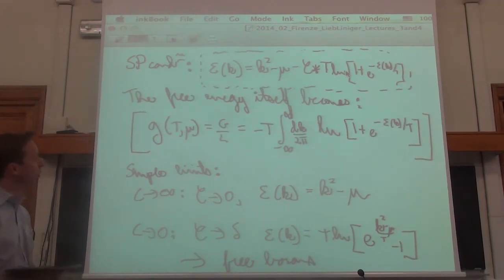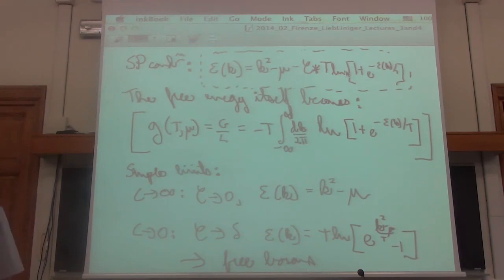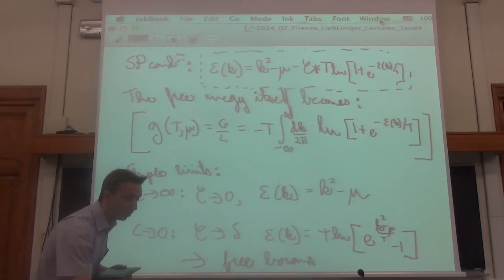So if you go to the low temperature limit, so you put T equal to 0, then of course the integral kernel on the right hand side is such that you only care about it if epsilon is less than 0. If epsilon is greater than 0, the whole thing just collapses to 0. So when we take the zero temperature limit of this equation here, what we obtain is an integral equation for the value of epsilon of k within the Fermi surface. Okay, so let's just write this down.